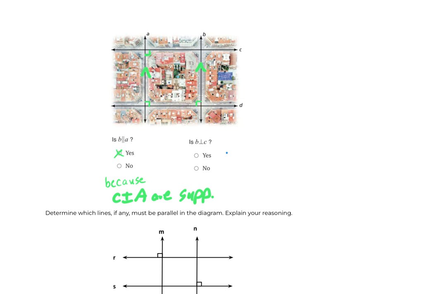Okay, got to pay attention, okay? So if this is 90, what kind of angles are these two right here? What's the name for this pair of angles? Same side. They are on the same side, but one's inside and one's outside. Corresponding, good, okay? And what do we know about corresponding angles? They're congruent, okay? So we know these two are congruent, and so once again here we would say yes, and